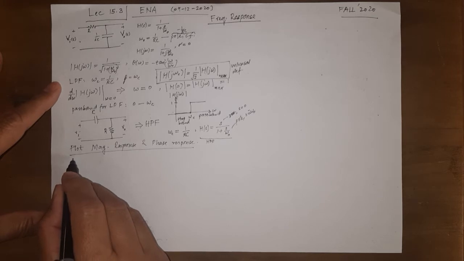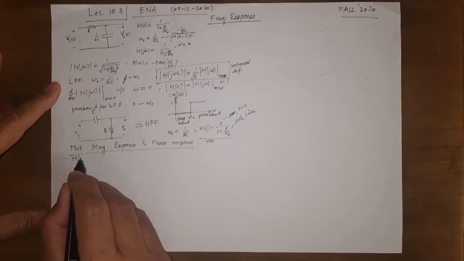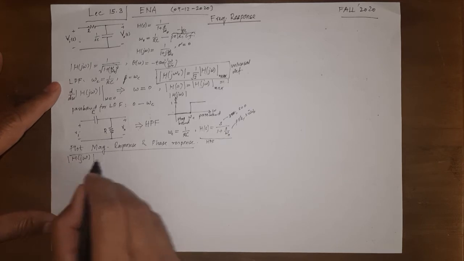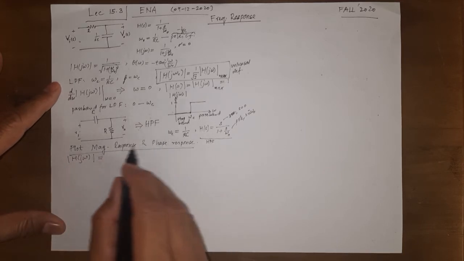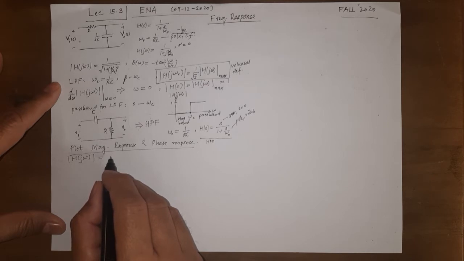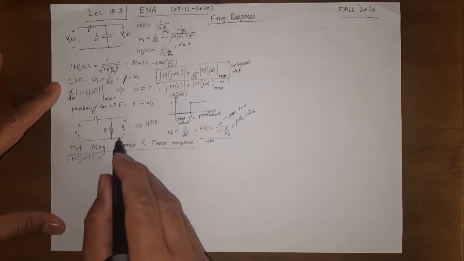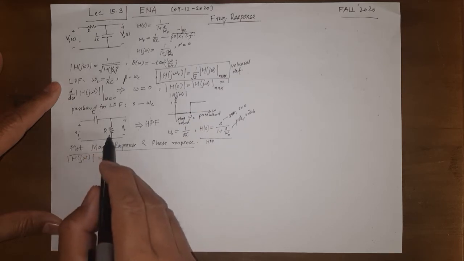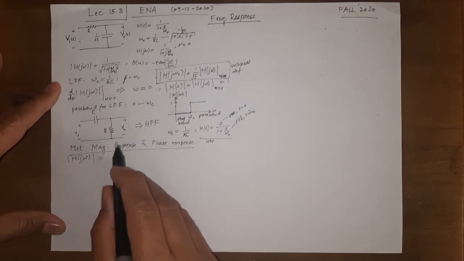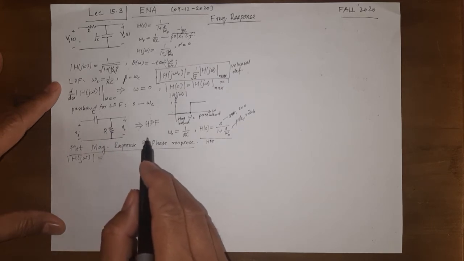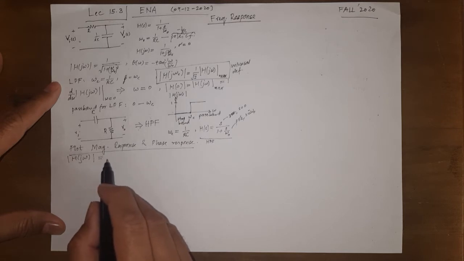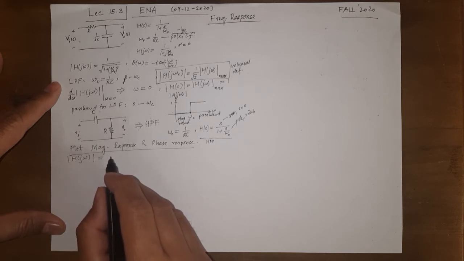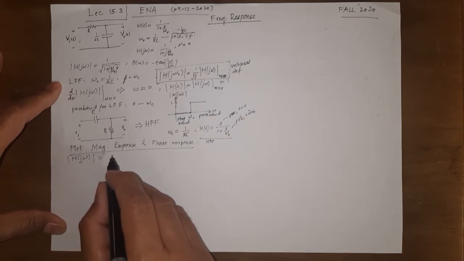Let's get back. The target now is to be able to plot the magnitude response for the low pass filter we are discussing. You will do the same for the high pass filter case and try to develop your understanding. Do these steps using pen and paper yourself. The best thing would be to go through my lectures, completely understand them, and then redo this problem completely. If you can describe to yourself all the things that you have done, then it means you have understood, and that is what is required.